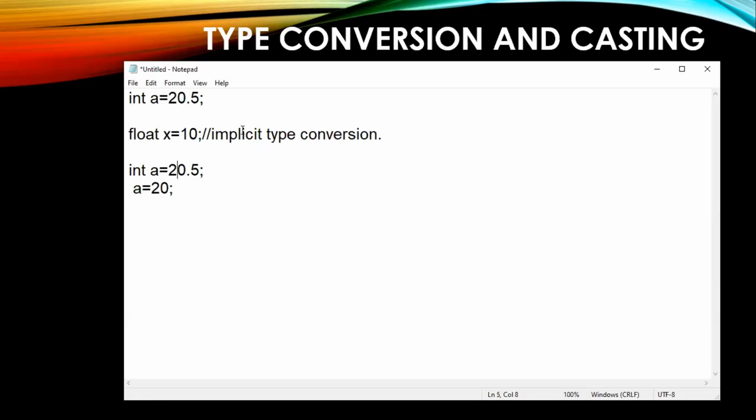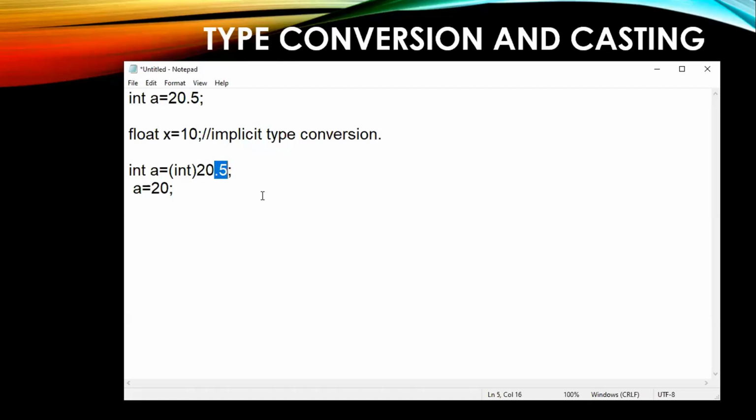Okay, if I say that particular value is this one, now what I'm saying is this particular 20.5 needs to be converted to an integer. This has to be given to a variable called a, right? Even in this case, you are trying to convert a fraction value to an integer. When you are converting a fraction value to an integer, the fractional part will be discarded.